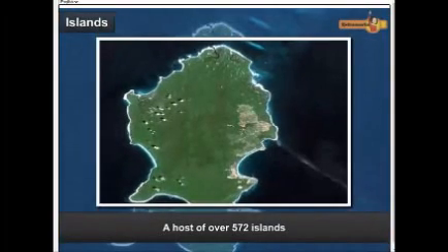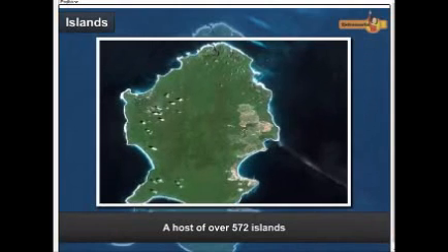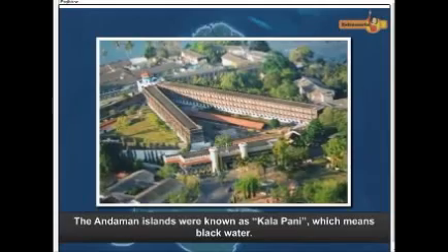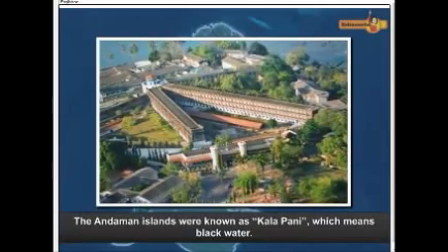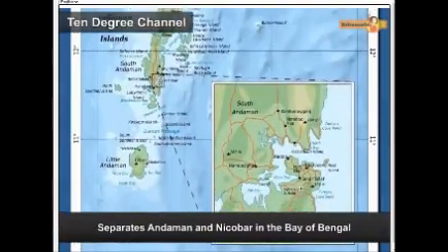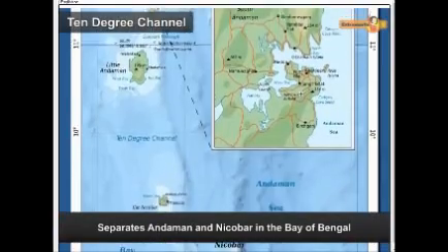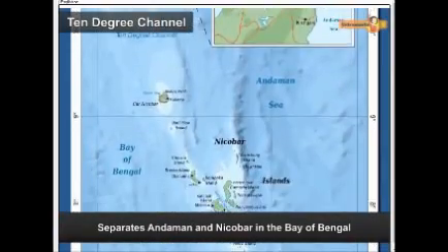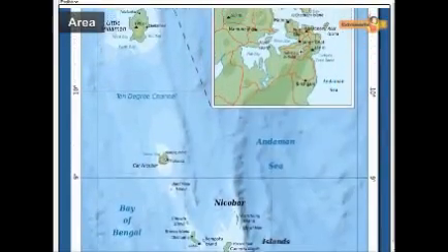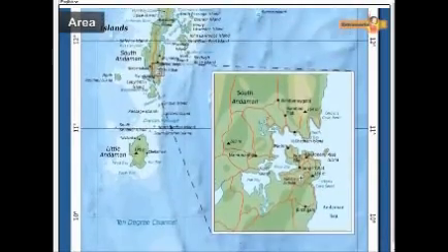The Andaman and Nicobar group has over 572 islands, out of which only 38 are permanently inhabited, 11 in the Andaman group and 13 in the Nicobars. The Andaman Islands were known as Kalapani, which means black water. The two groups are separated by the Ten Degree Channel, Andaman in the north and Nicobar in the south. The total area is 700 square kilometers.